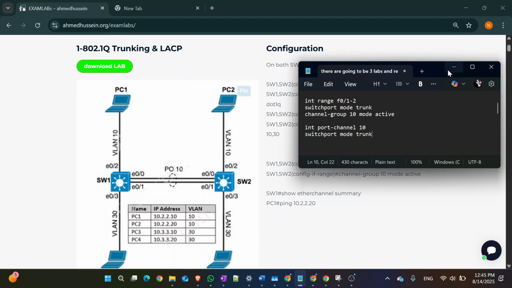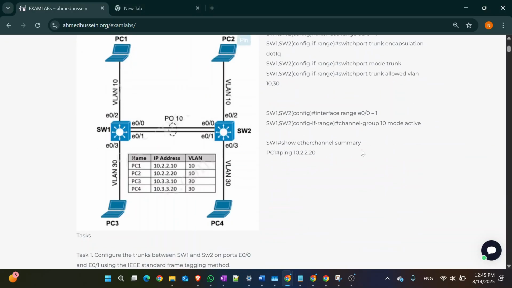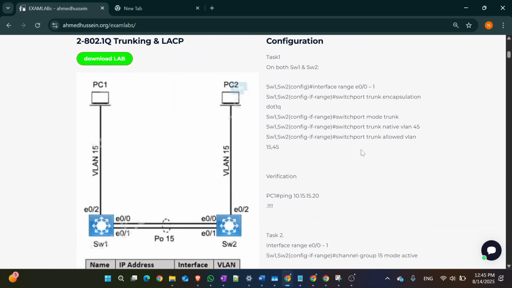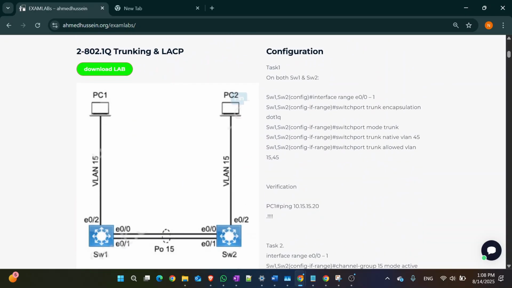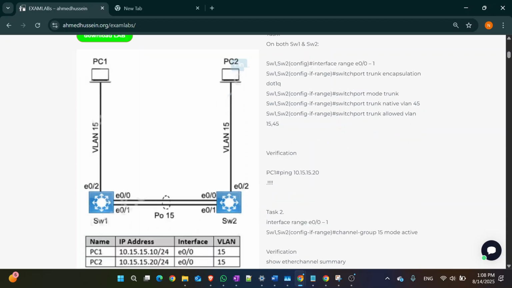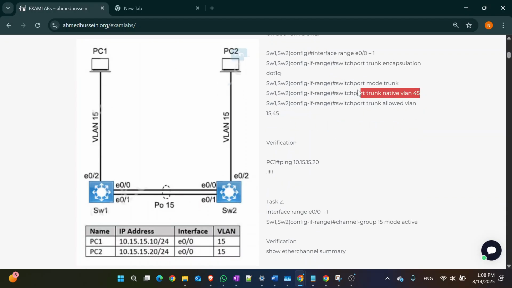All right, now let's move on to lab 2. Okay guys, this is the same as the previous one, and I hope you can understand what makes it different from the previous one. Only this: